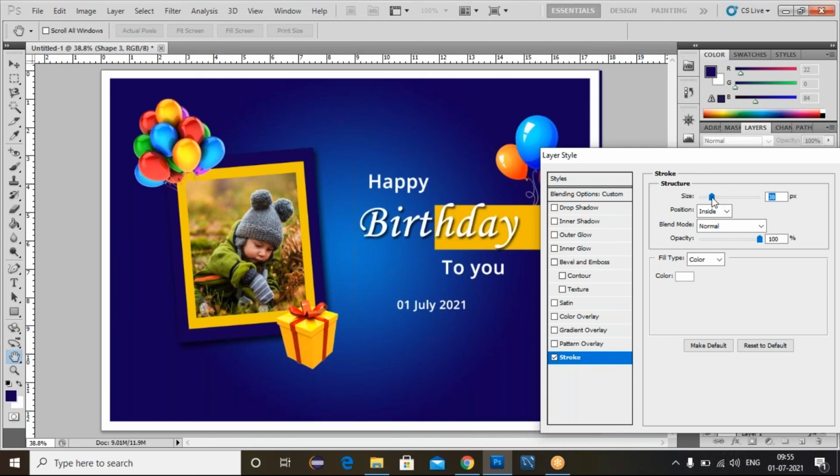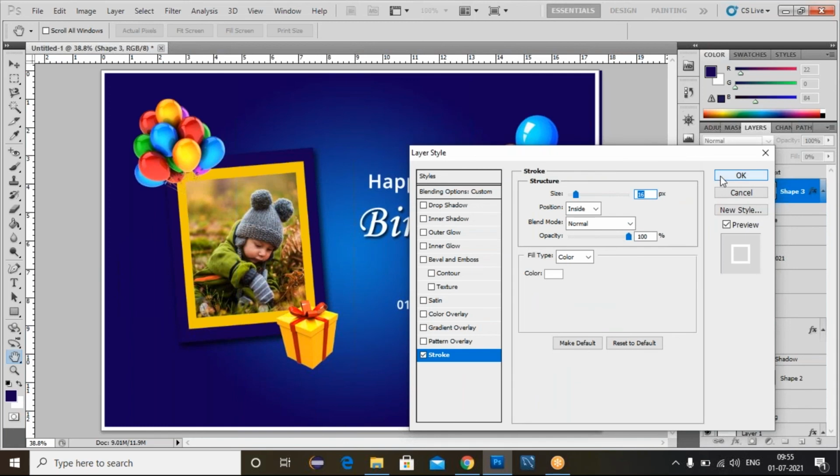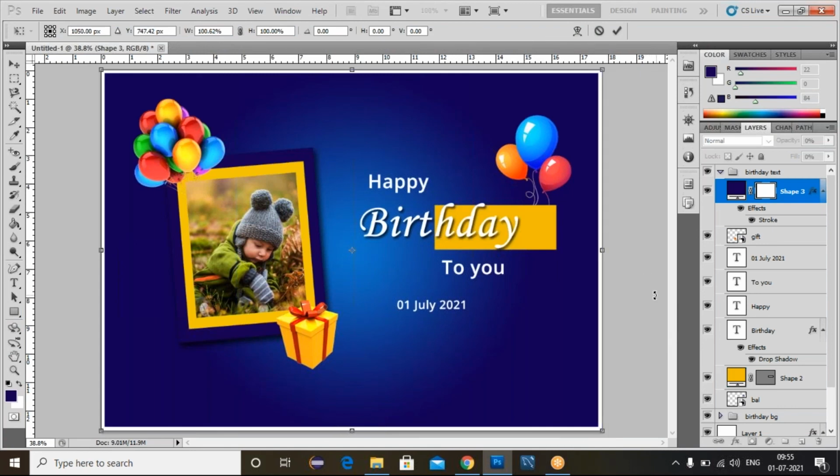Now click on this OK. Now you can use this control transform. Just you can drag this one. We can adjust here and click on this here. Now look at this. See, like this, we can create